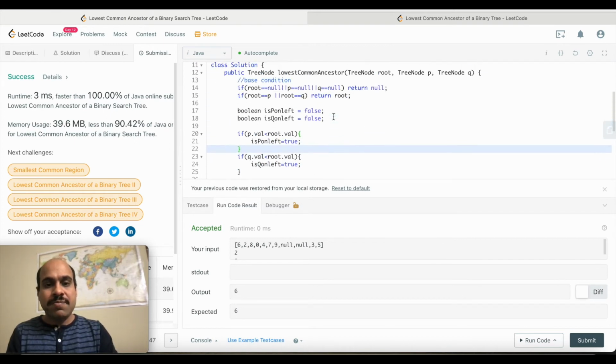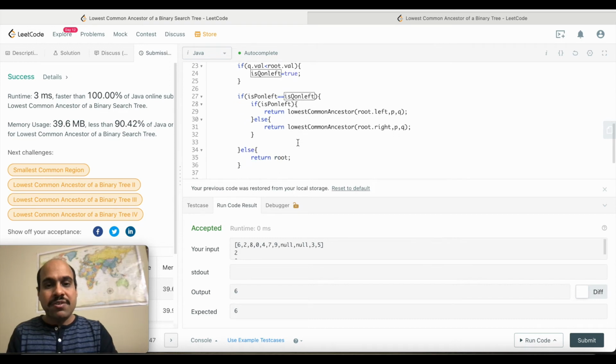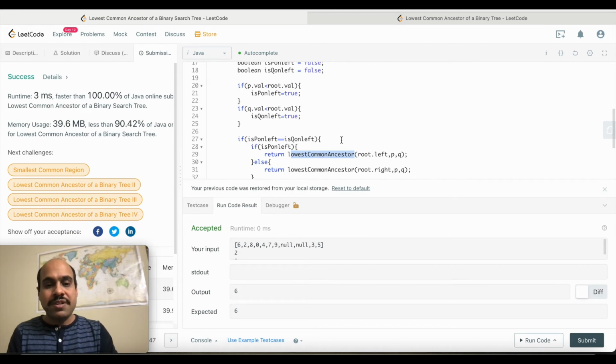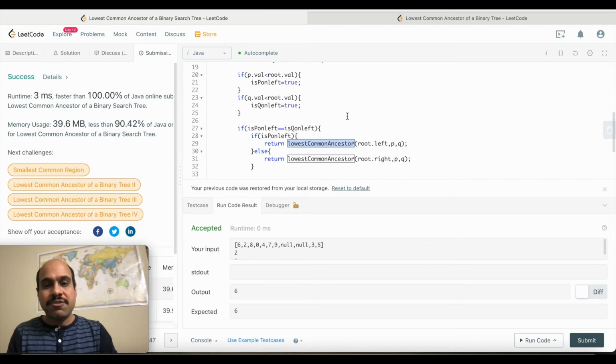So let's start with space complexity. Here we are only using some simple variables, those are not arrays or lists, so they are order of 1. And here I am recursing, and recursion as such does not take any space as a variable for that function, but it takes space in the stack memory, so we have to consider that stack memory as well. So here we can recurse how many times? We can recurse order of n times if the tree is not balanced and each node is like right or left child of the parent node, so it will become like a linked list. So in that case we have to recurse on all the nodes, and they will be in the stack, so it will be order of n space complexity.